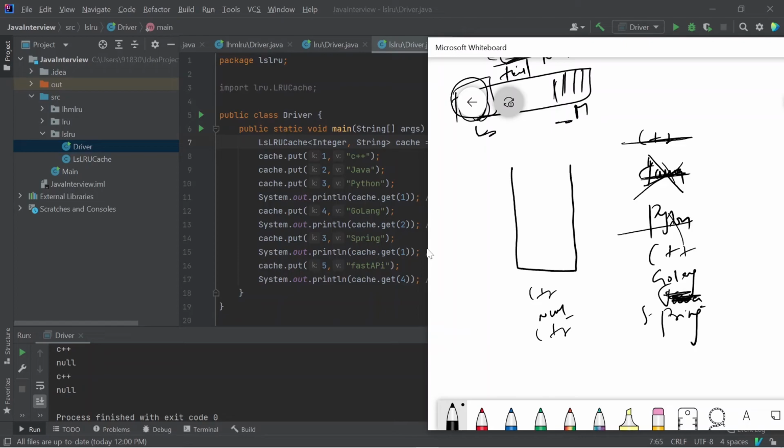Yeah. And again we inserted the 5, so now we inserted the 5, but here the 1 is the least recent used, right? So 1 will be removed. So in the 5, fast API will be included. And if you query the get of 1, right, you will get null. If you query the get of 4, right,